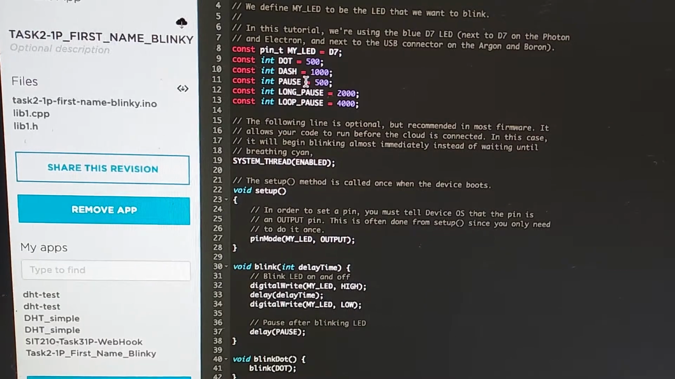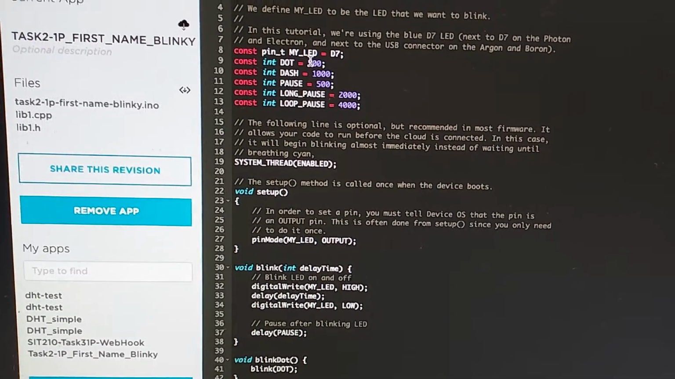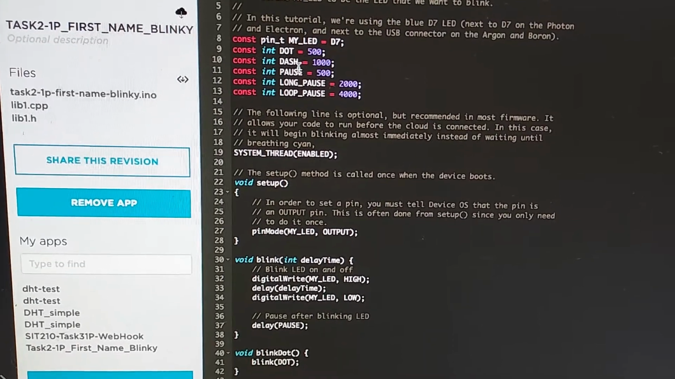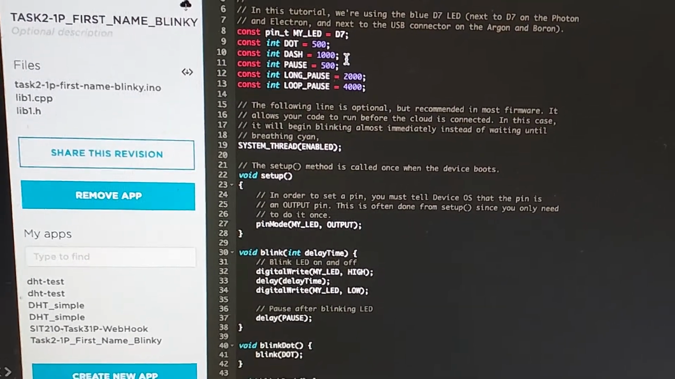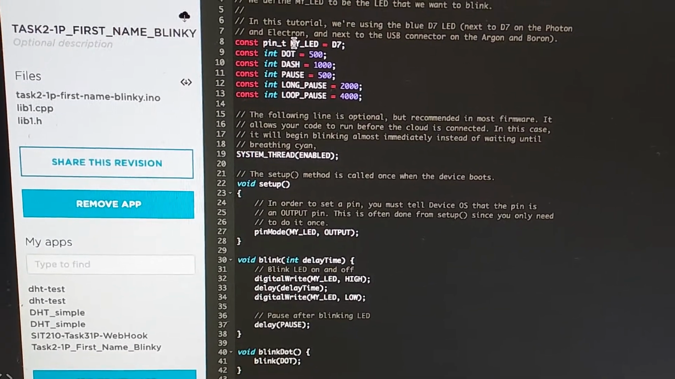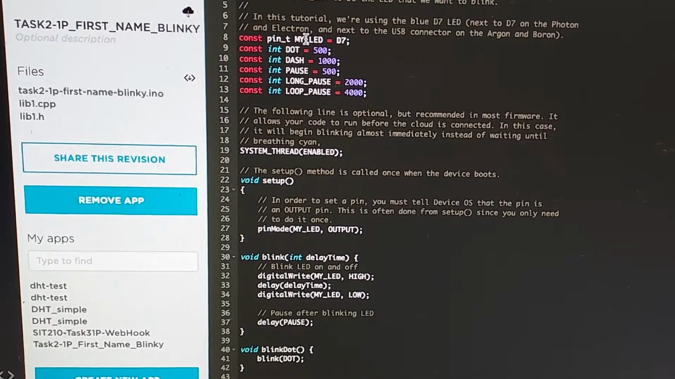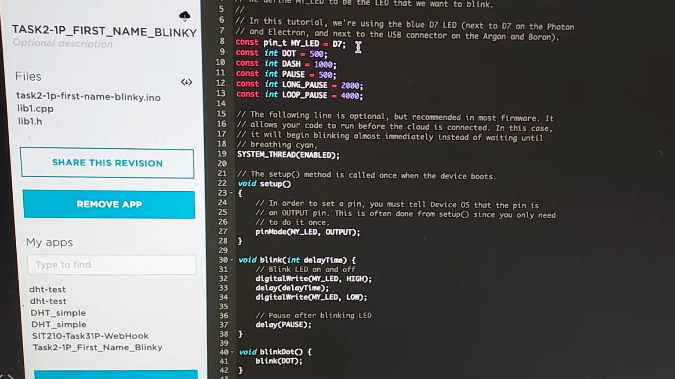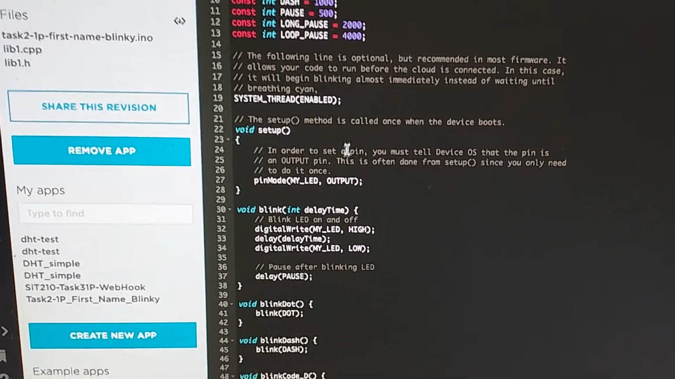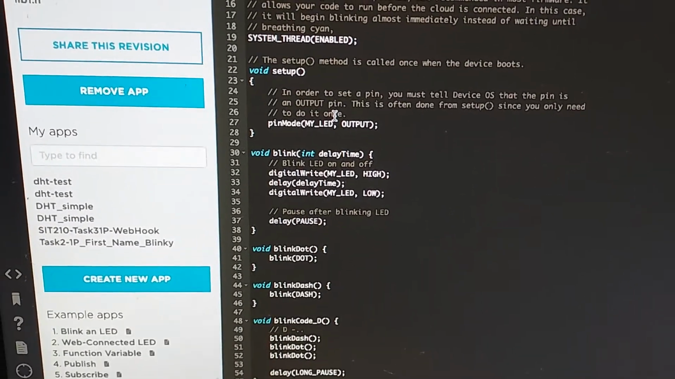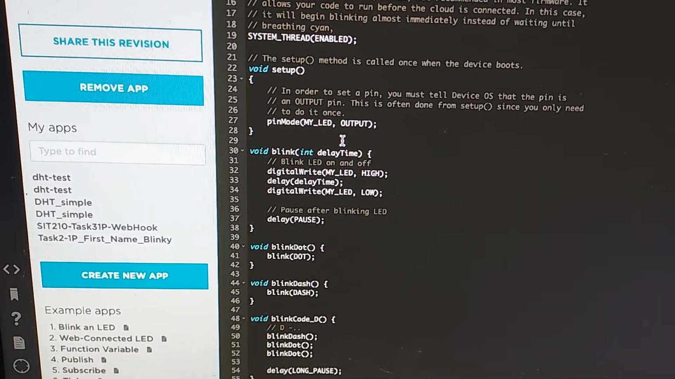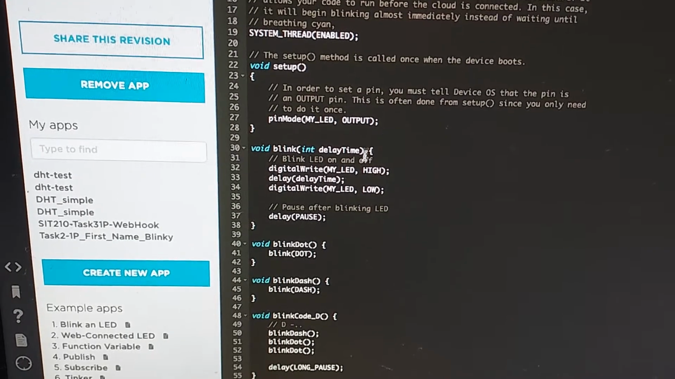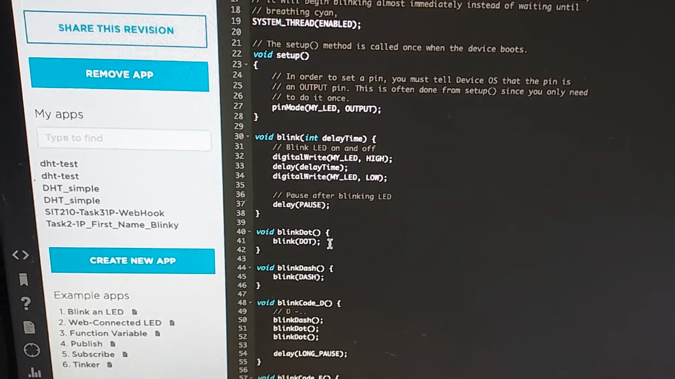Now just to advise, these times are in milliseconds. So a dot would be 500 milliseconds and a dash would be 1000 milliseconds, or 1 second. Up here I'm defining my LED as D7, which is the built-in LED on the Argon device. Now here I've set up the LED output, and what I've done in my code is I've defined a few